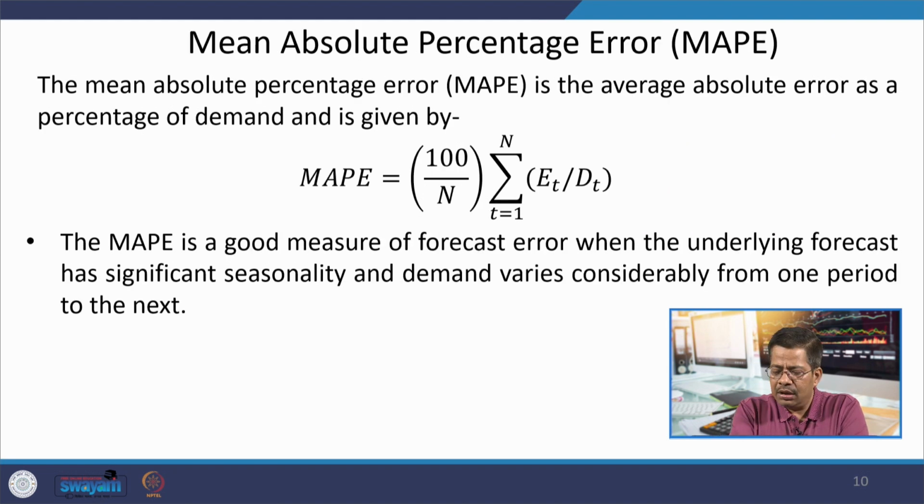Then another measure which has become very popular in the field of our AI models, MAPE, mean absolute percentage error. This is used in all our AI ML based models, when we are looking at how effective our model is, whether it is giving good predictions or not. So, in predictive analytics particularly, the mean absolute percentage error has become a very popular criterion for deciding the suitability of a particular model.